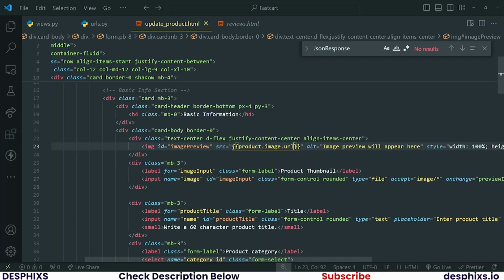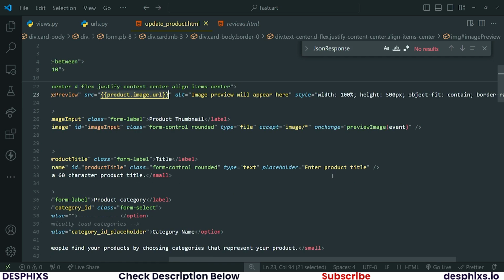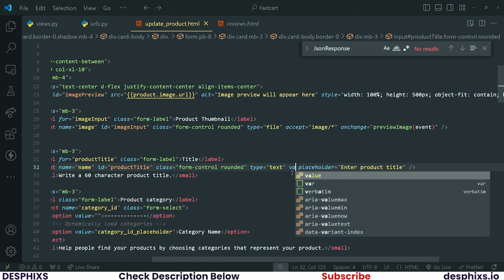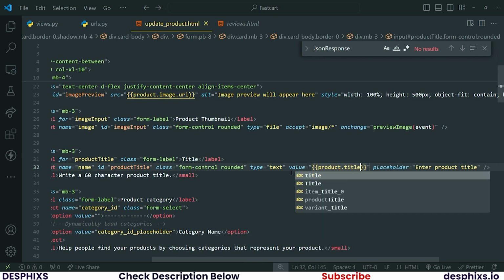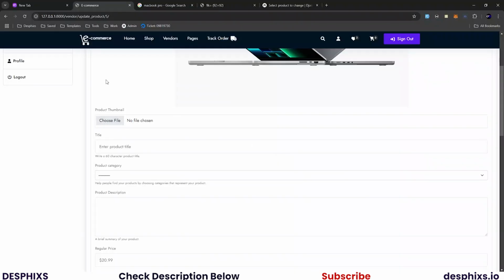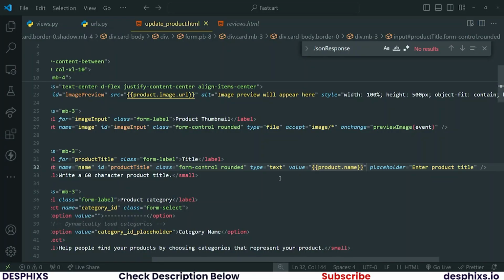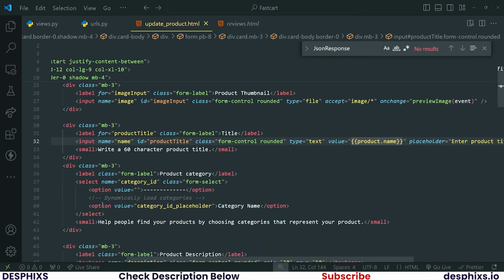And also same thing is going to happen for the title. So the product title, where is it? Right, give this input a value of products.title, rather its name, my bad, it's called name. Now we should see it's been prefilled in the input over here. Very good. So after you have prefilled it like this, the next thing is going to be for the categories,